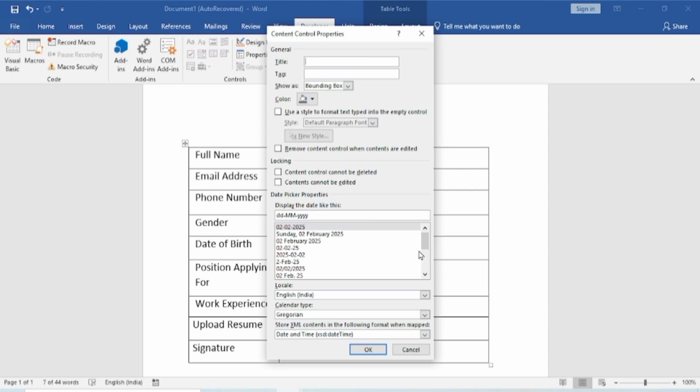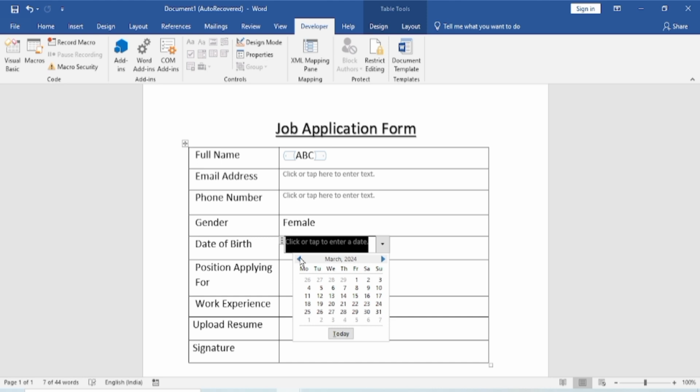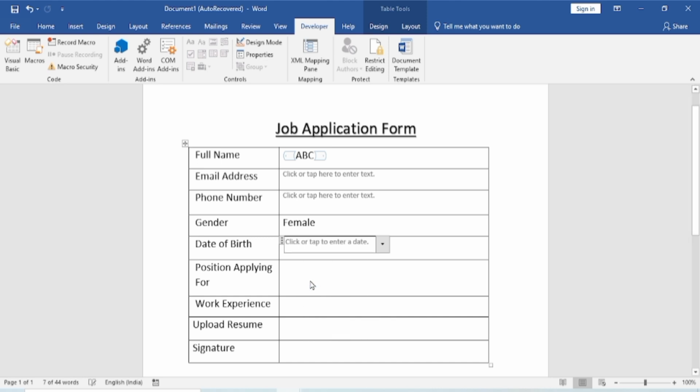You can choose as per your preference. You can also set the format per country. Once done, click OK. You can also type it.